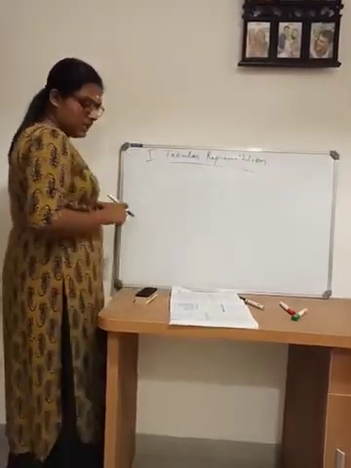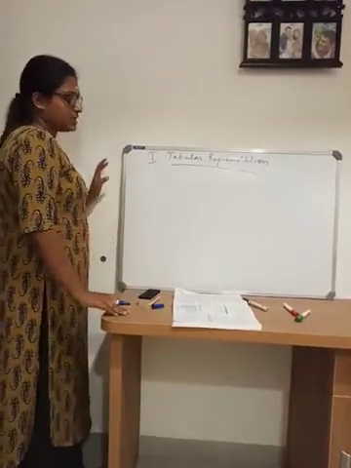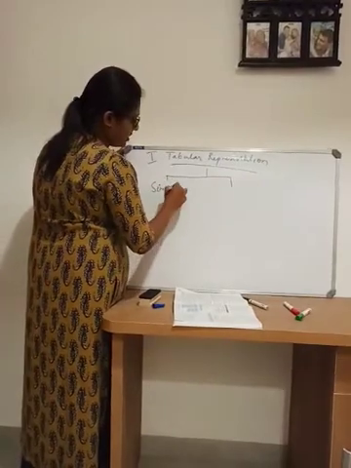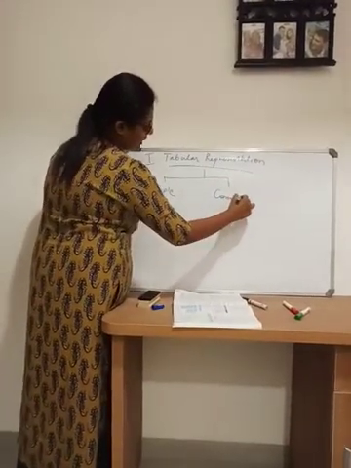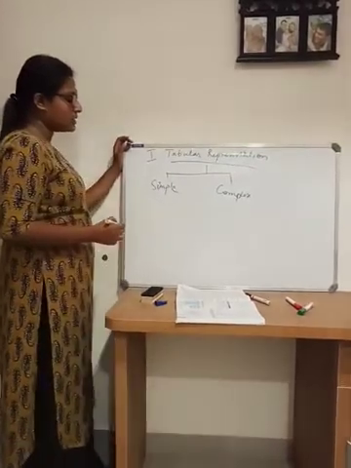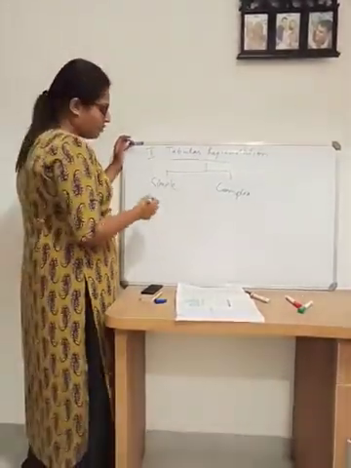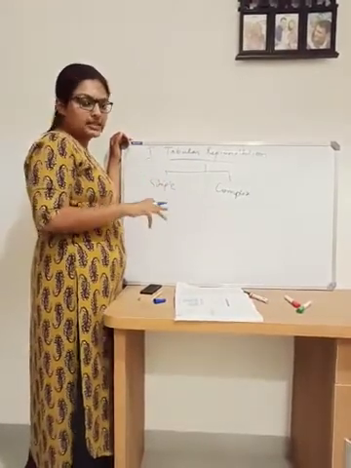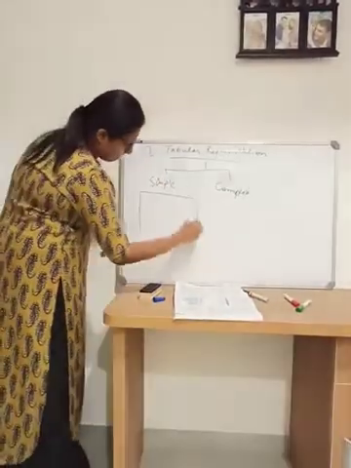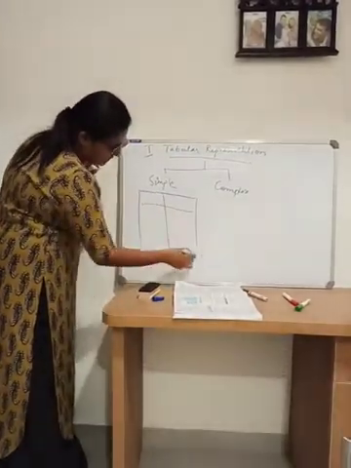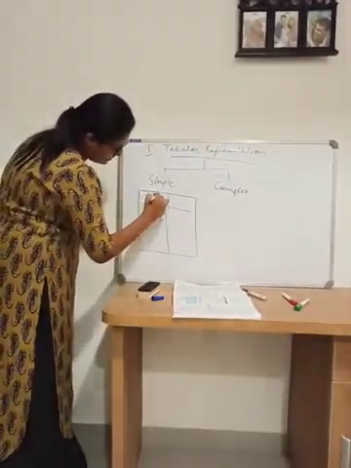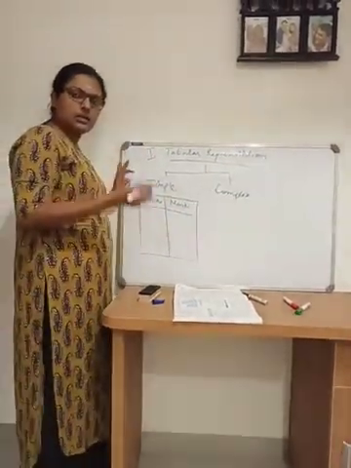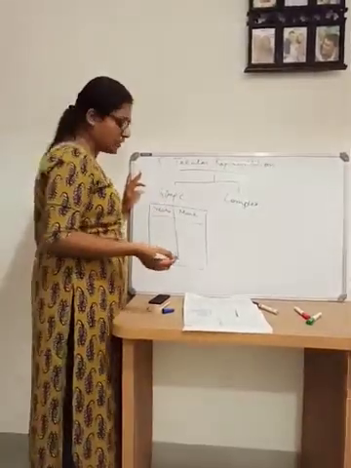In that tabular representation itself, you have two types of representations. First one is simple classification and the second one is complex classification. An example I can give you for simple classification is the top marks secured by the students in the exam. This is the simple table, with years and marks.